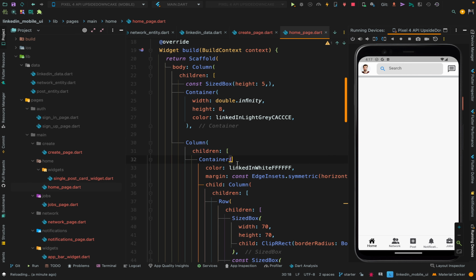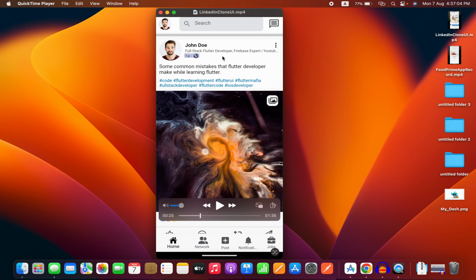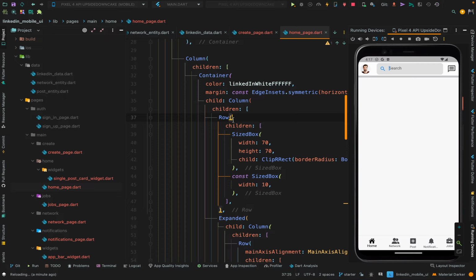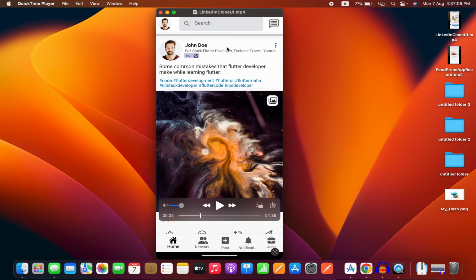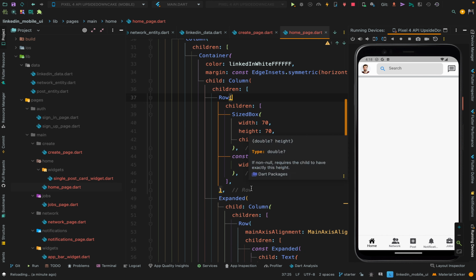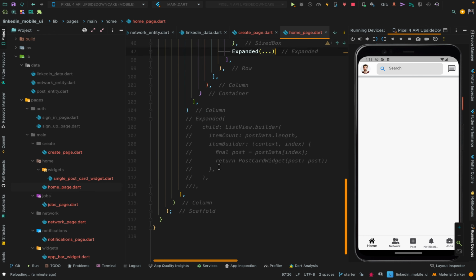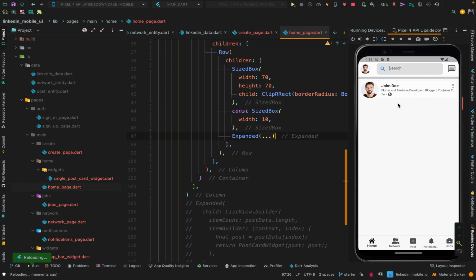It might be, let's say we have a column, a container, and this column is supposed to be a column only for this upper area, and then we have a row, and inside that row we are gonna have one more column. So inside that row, I guess we have done something wrong in here. This expanded widget is supposed to be in the row, but it's outside the row and expanding the area. So that is why we are getting the unbounded height render flex error, because we have put the expanded widget outside from the row. Now let's move it inside the row and then Ctrl S to hot reload,